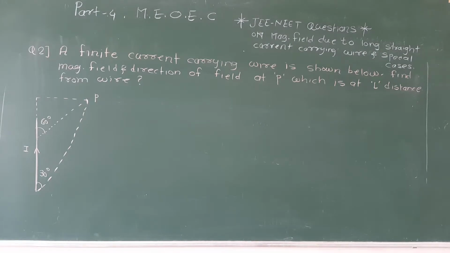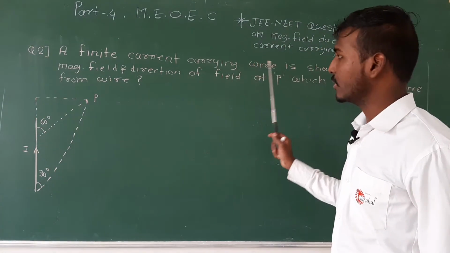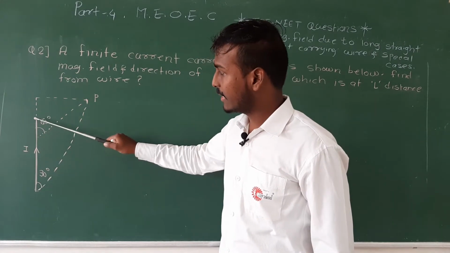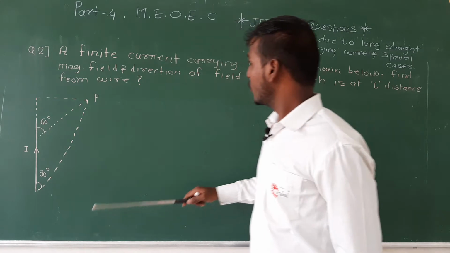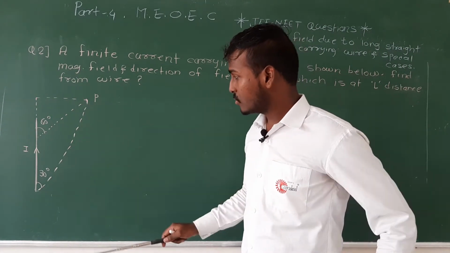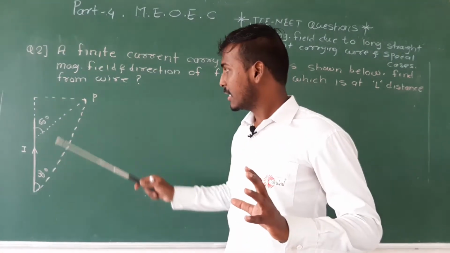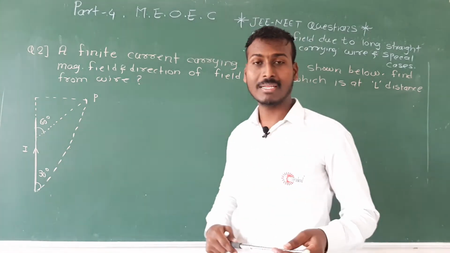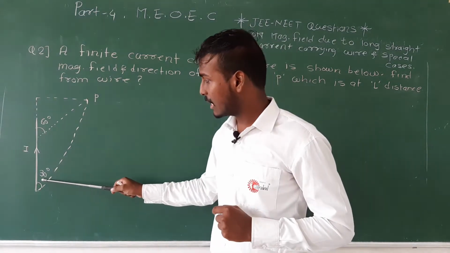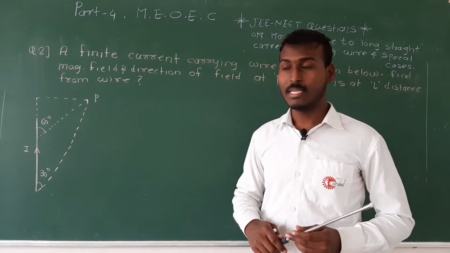Okay, now this is the second question. In this question they have given us a finite current carrying wire. Okay, this is a finite current carrying wire. You can see that it starts from here and ends at this point. So we have to find out the magnetic field here at the point P. So the most important thing I have already told you, just go for the angles. Here they have not given us theta 1 and theta 2, but they have given us a little bit of a clue about alpha and beta. You can see alpha is already given as 30 degree, okay, downward angle. Now the remaining part is to find out the beta.